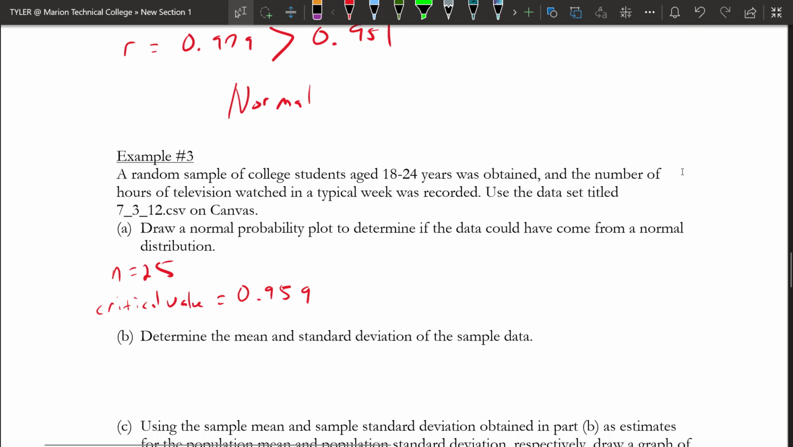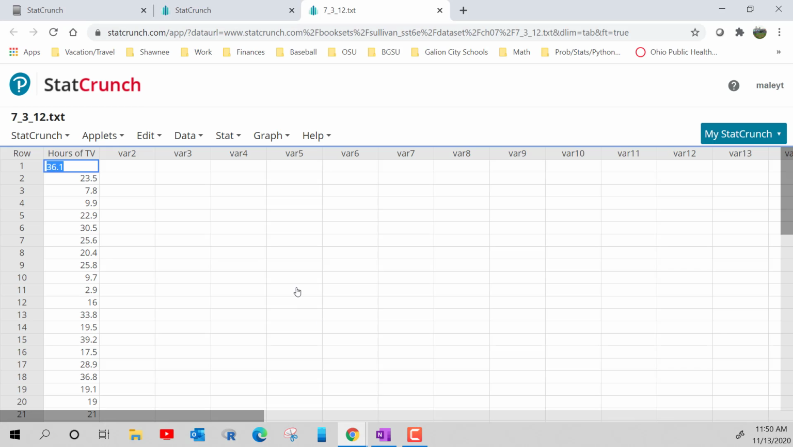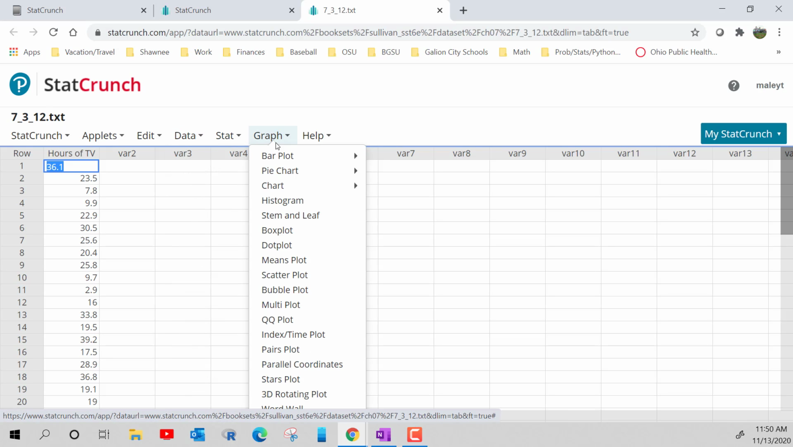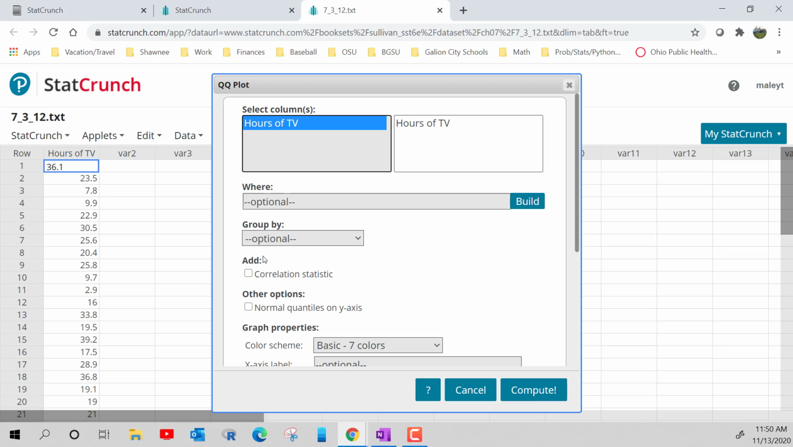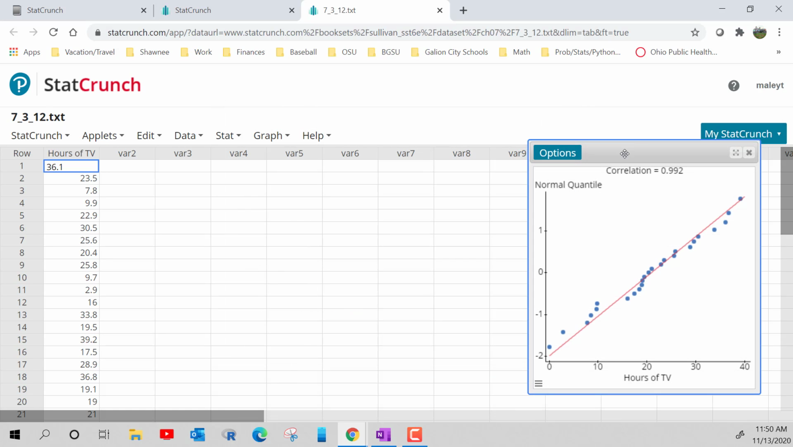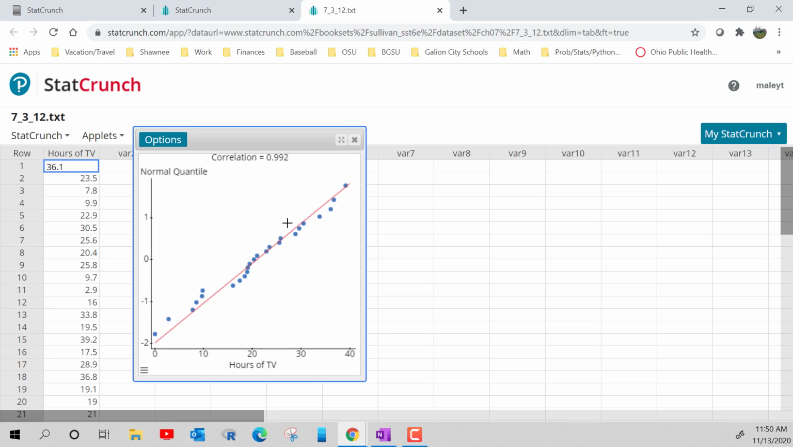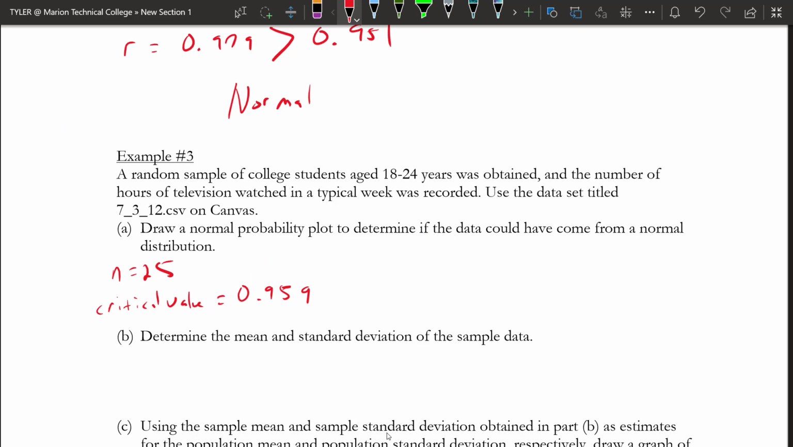Now we need to calculate the correlation coefficient. If I go to graph and then QQ plot, select my variable, check these two boxes, and hit compute, we get the normal probability plot. This looks to be linear. The correlation is 0.992. So I found R equals 0.992, and that's bigger than 0.959, the critical value. So this would be normal. It looks to come from a normal